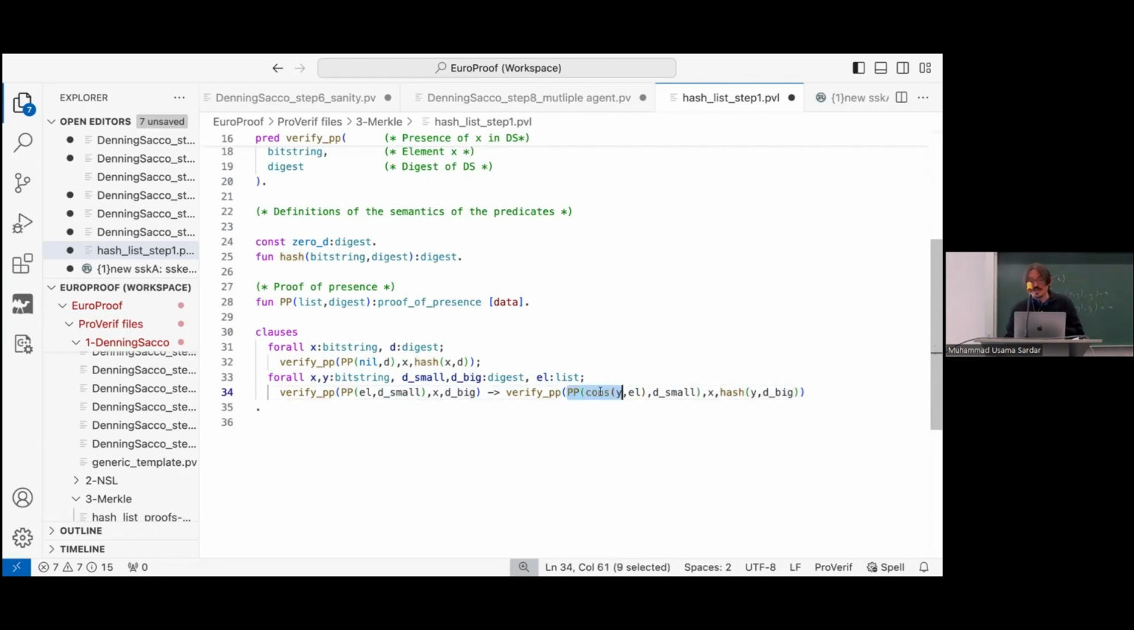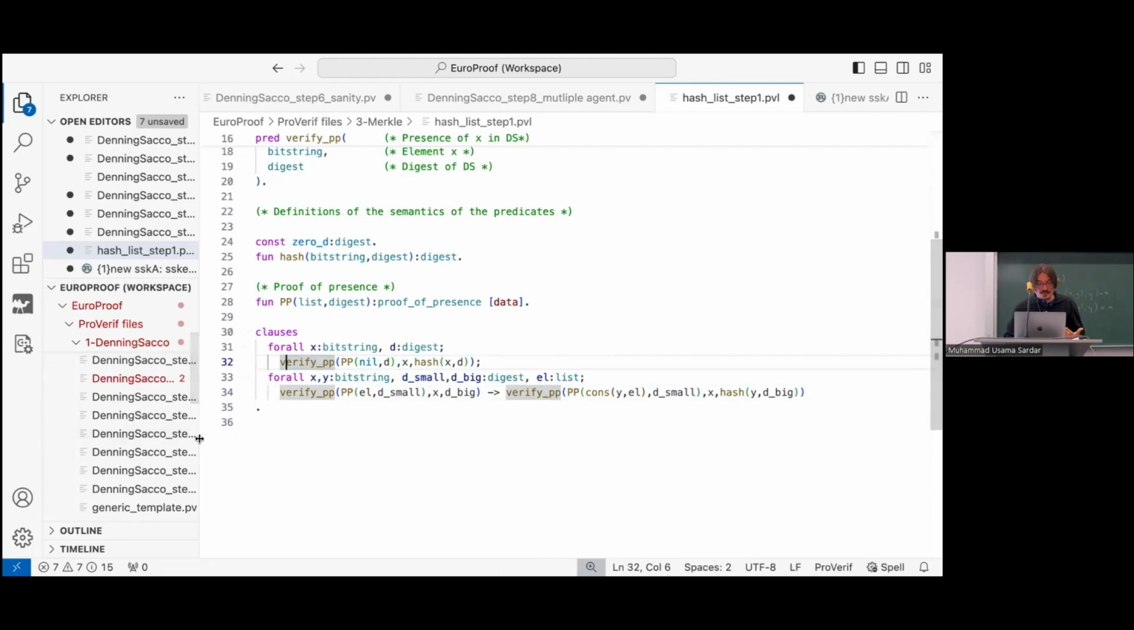And now the new proof is you concatenate y, the previous element, with the list that you used in the previous proof. Okay? So you can do this kind of declaration, and that's the semantics: every predicate that is derivable by this set of clauses corresponds to the semantics of the predicate. And with this, you can